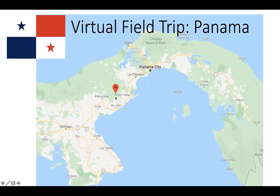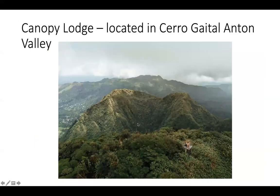This is part of a mountain range. I'm going to start with a short reading to tell you a little bit about the area, and I'm going to put up a picture so you can see what this particular area of land looks like. We're going to be heading to a place called Canopy Lodge that's located in the Cerro Gaital Anton